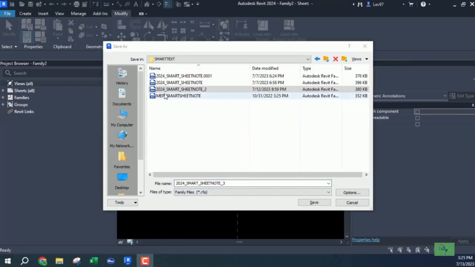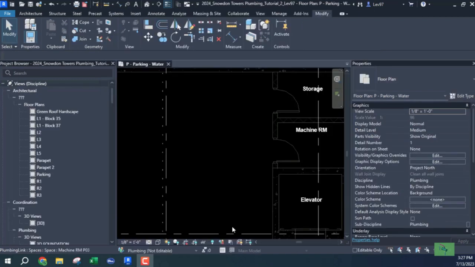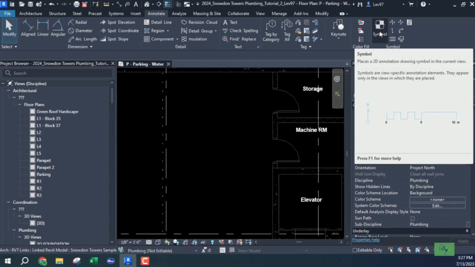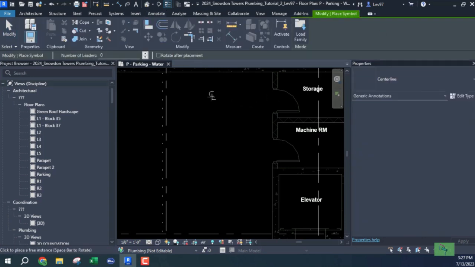Be sure to save your annotation family that you just created. I've saved it as 2024 Smart Sheet Note _3. Once you've saved your annotation symbol and you're back onto your sheet, you can go up to your ribbon tab where Annotate, which makes sense, and you want to bring in that symbol, your annotation symbol. You go over to the right hand side on your ribbon and select the annotation symbol,